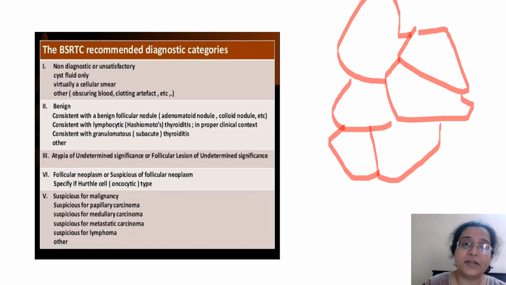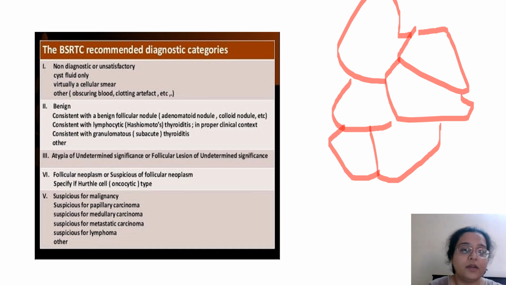Now, one pitfall I would like to discuss over here is when you're seeing lymphocytes and then you see centrocytes, centroblasts, try and look for colloid and follicular epithelial cells. Sometimes there may be an aberrant lymph node where you have put your needle and you're actually looking at a lymph node and not a thyroid. And you might label it as a lymphocytic thyroiditis. Hashimoto's disease, the most common DD that comes there is lymphoma. So when you are looking at a slide which is supposedly thyroid with too many lymphocytes, look for colloid, look for follicular epithelial cells, look for giant cell reaction. And then of course you make your diagnosis.